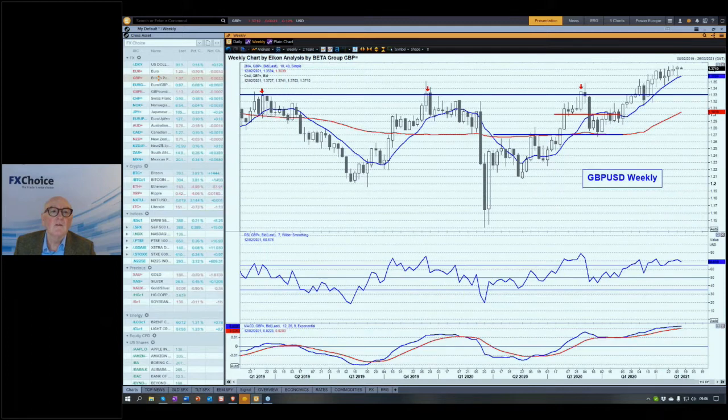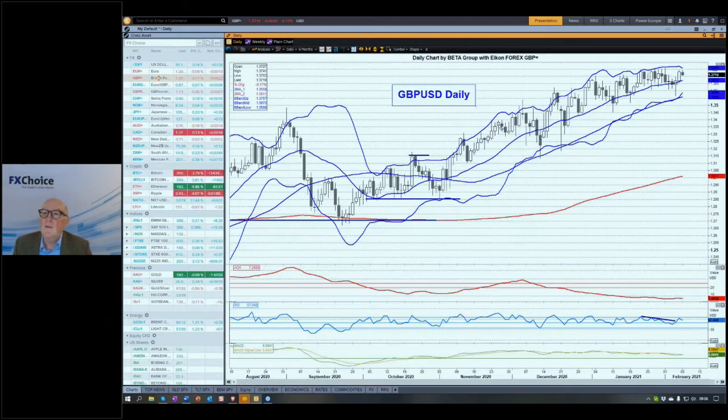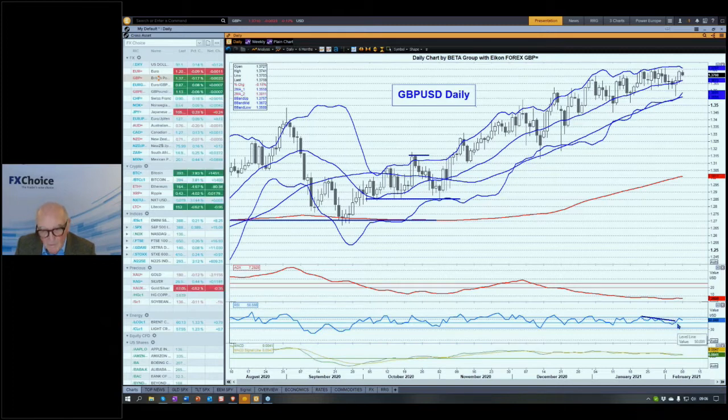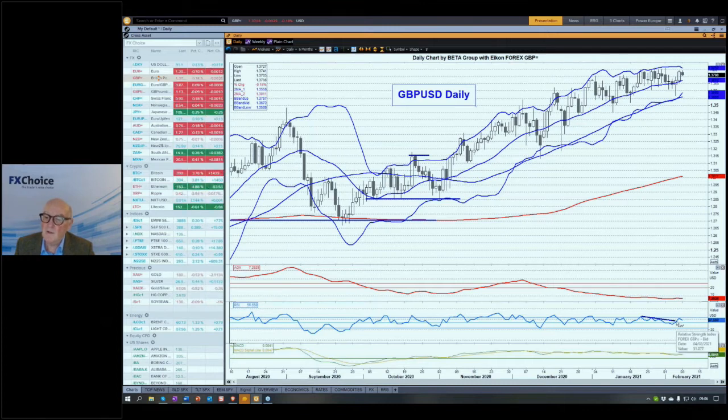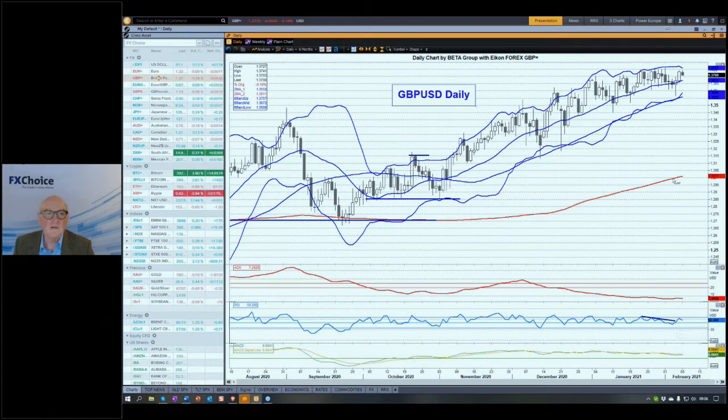So going now back to the daily chart, here we are pushing forward. Bit of loss of momentum in here. We talked about that last week. So we've got the declining tops on the RSI, but this is minor. And as I said last week, I really think it is only a pause in the upward journey. And we've broken up through the downtrend line in the RSI now, and so I think this trend is resuming,